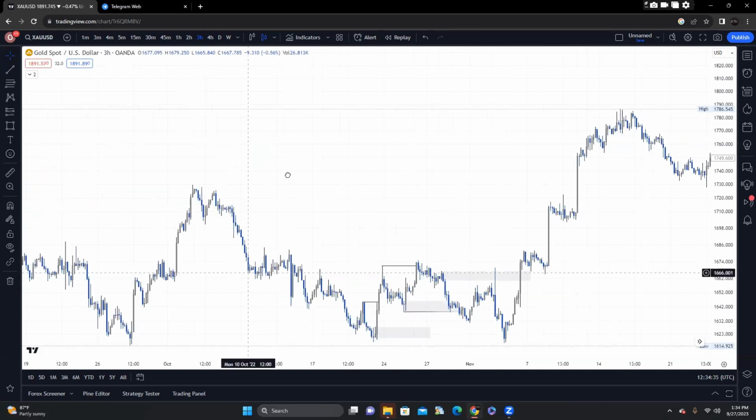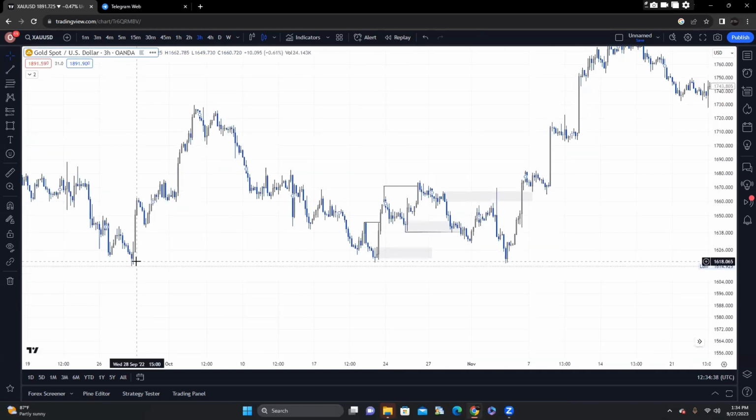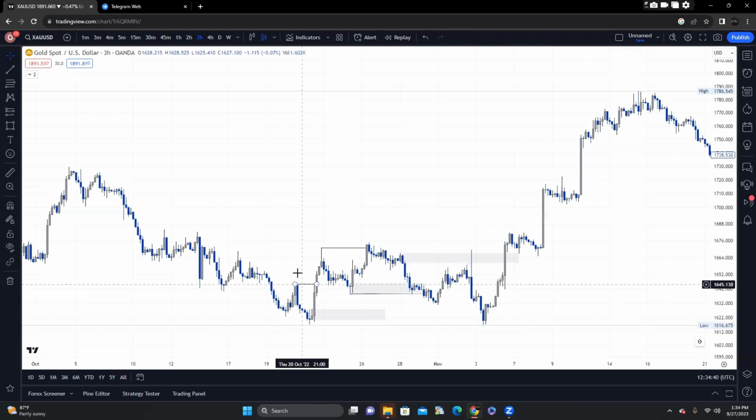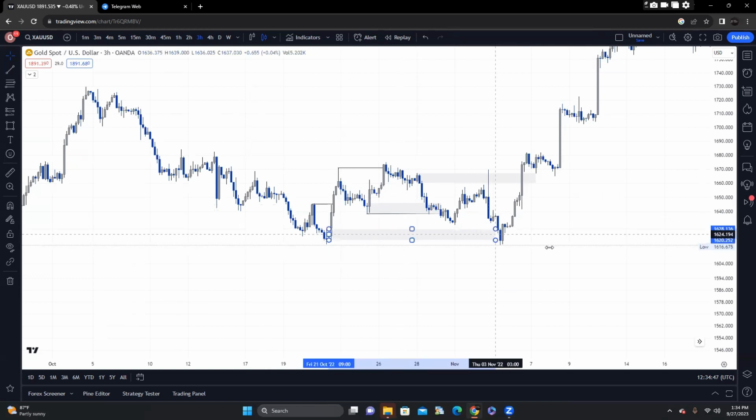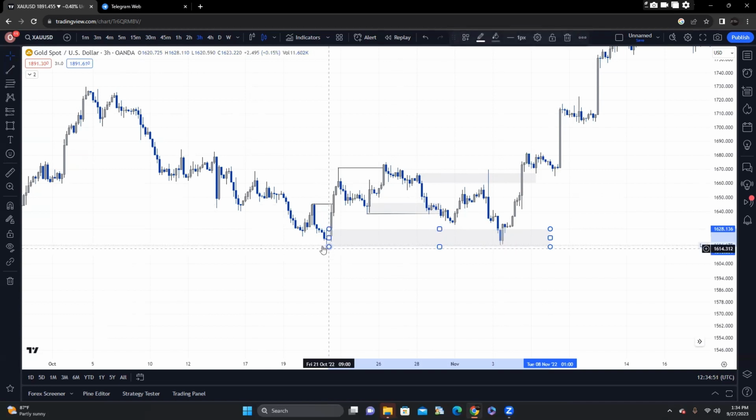Since I see a change of character from this bearish order flow to a bullish order flow, this would have been a valid order block for me all the way here to the low of this candle,